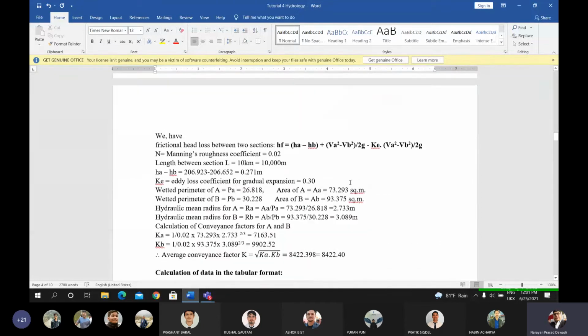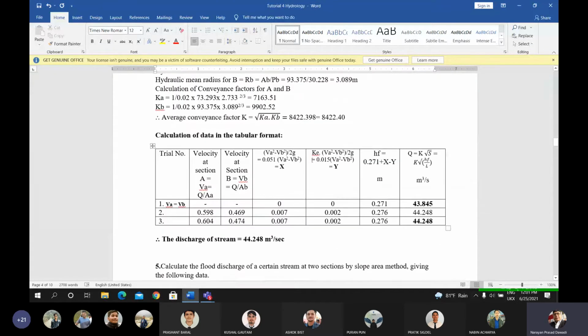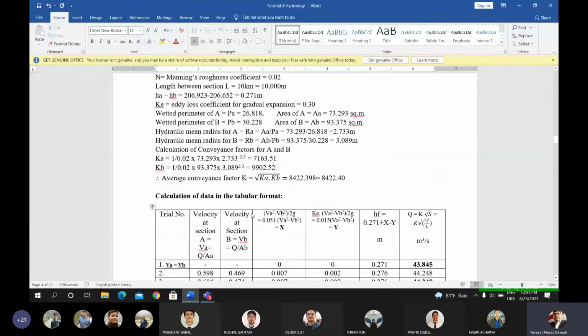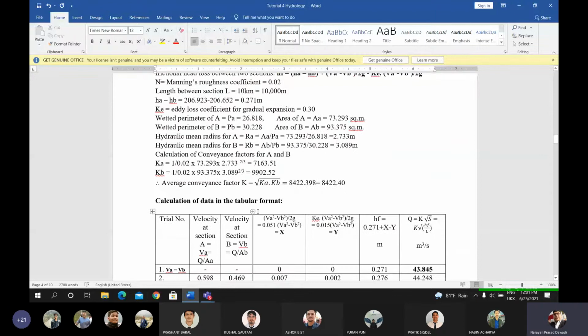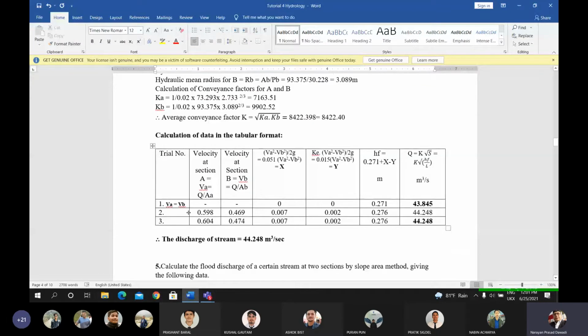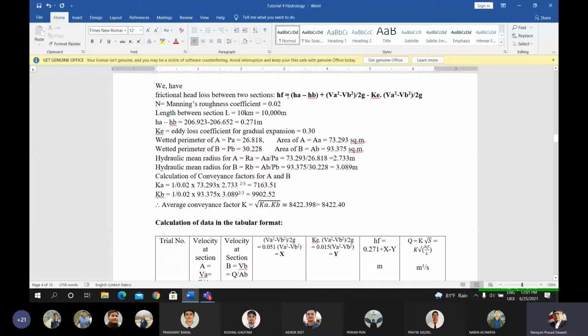After calculating this, now make the table. Calculation of data in the tabular format. This is the trial and error method. In this slope barrier method, let us take in the first trial that VA is equal to VB. If you put the value of VA equal to VB in the HF equation, the value of HF will be